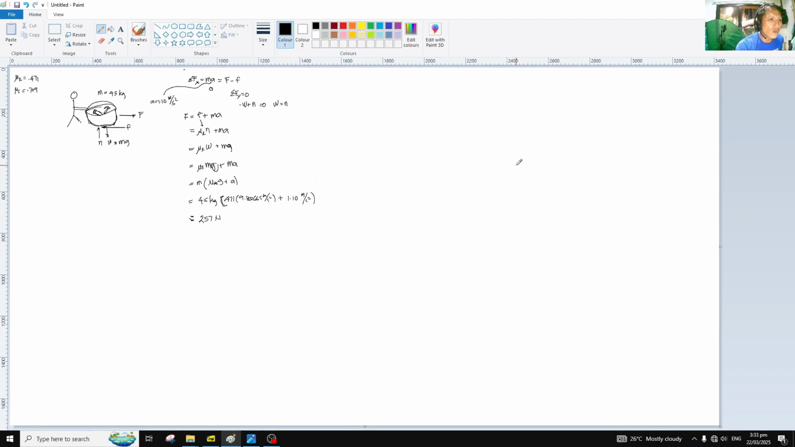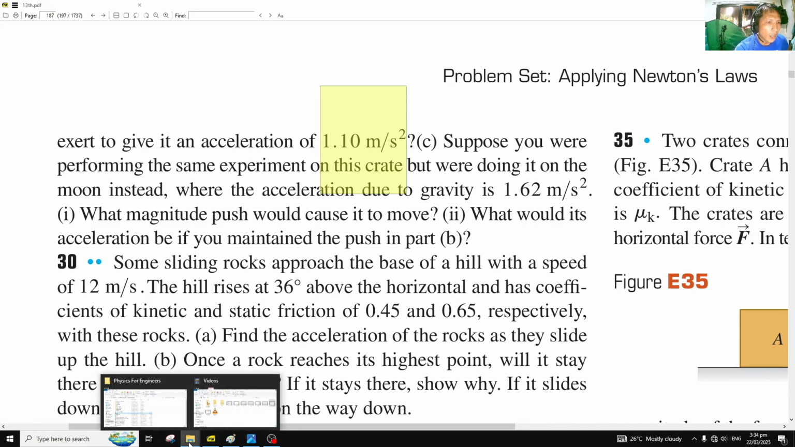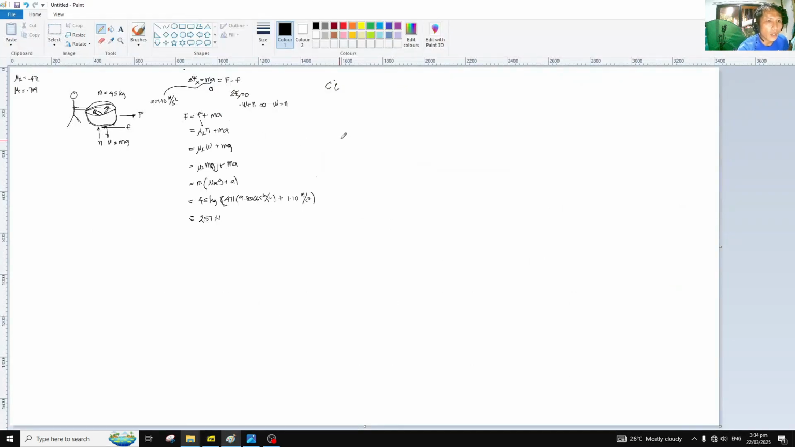So suppose we're on the moon, then we will have letter C, problem C-I. What magnitude of push? That magnitude of push would still be the same here, but of course, the first one, as we solved the first problem,